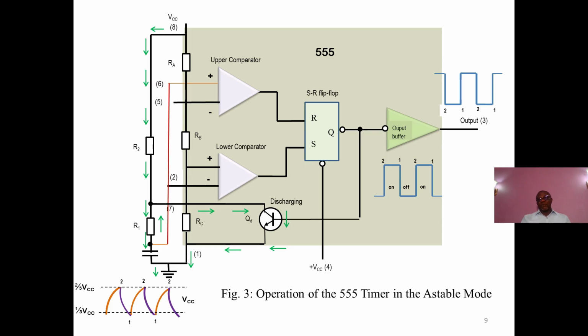So you see that what you are giving out at output will be a rectangular waveform which goes up from state 1 to state 2, remains there until the comparator 1 switches on again, and it goes off. So you have on, off output, which is in the form of a rectangular